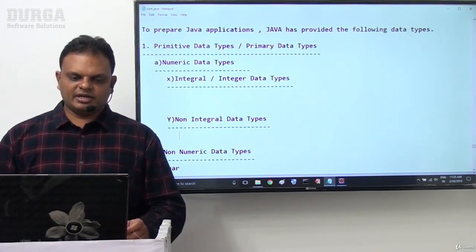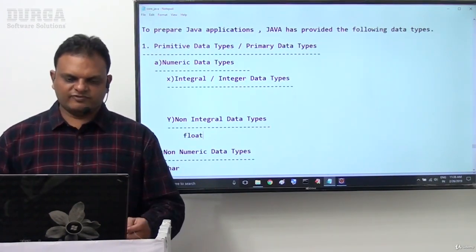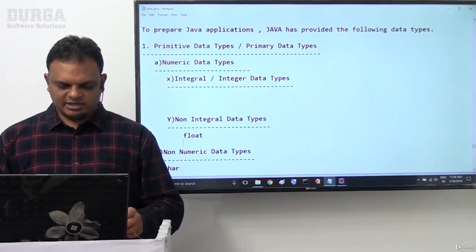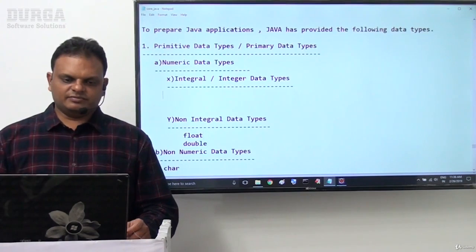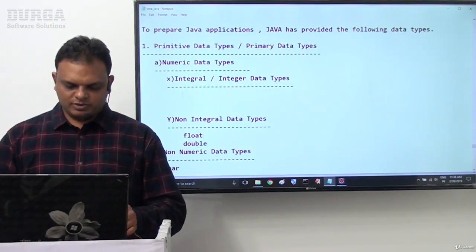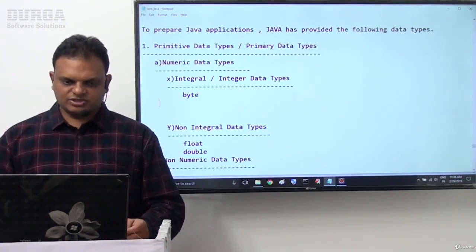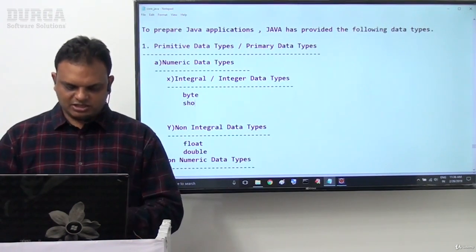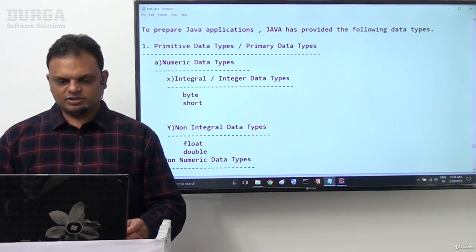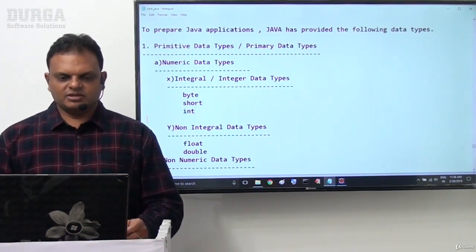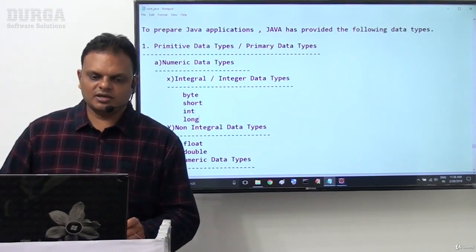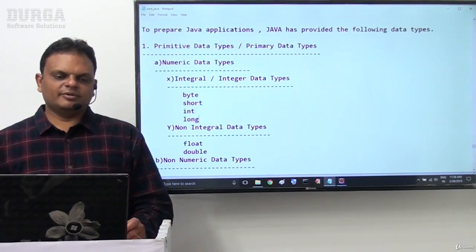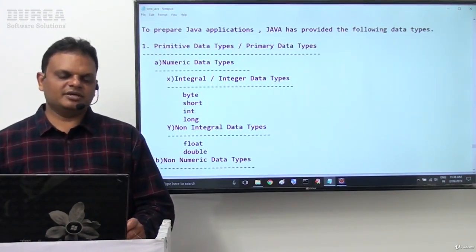Under non-integral data types, float and double data types exist. If you come to the integral data types, byte exists, next short, next int, and next long. These are the data types under primitive, numeric, integral data types.